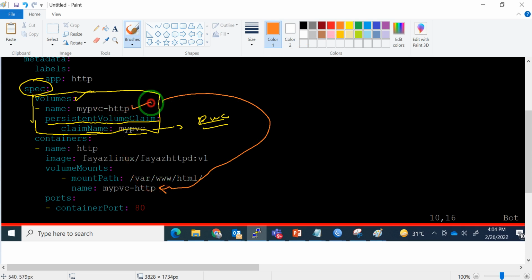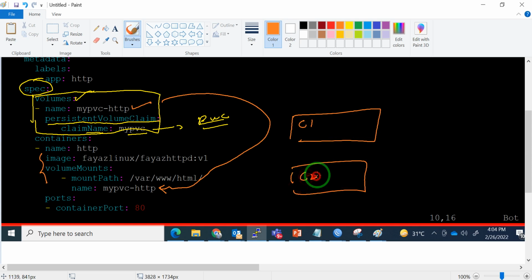Your name is reflecting here to use this container. Let's suppose we have multiple containers in the deployment, one container and another container here. We have the specification and we have volumes, multiple volumes, volume 1 and volume 2. So how can we recognize that